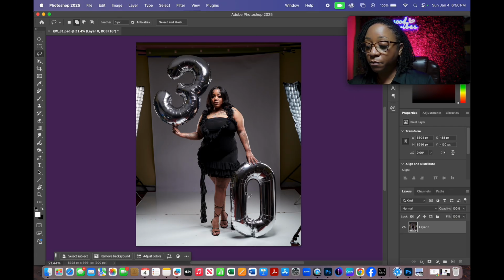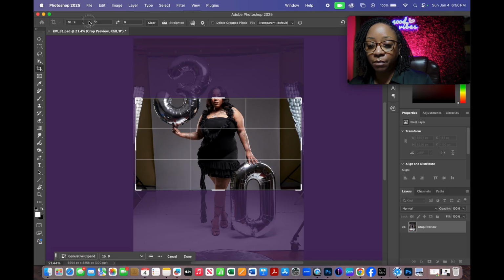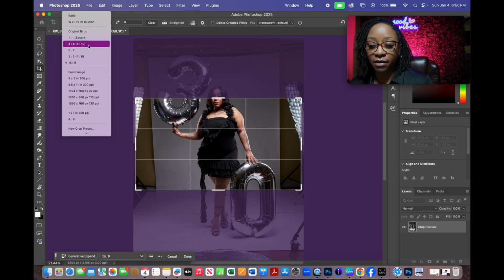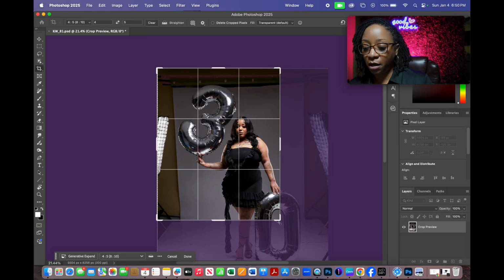Okay. So as I start each of my edits, we're going to make a copy of the background layer. So we're going to hit Command J or Control J on PC. All right, and we're going to crop this image. Actually, the image is already cropped to a 4:5 ratio, but if we were going to crop it, we will go over here to our crop tool, click it, and it's going to save my last crop that I used, but we're going to activate the tool by clicking inside, and then we're going to go up here and set this to a 4:5 ratio, and we're going to extend out the area that we want,